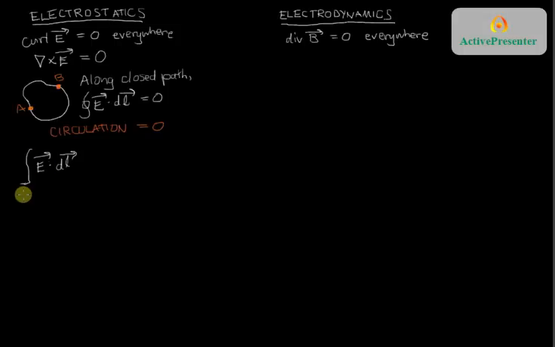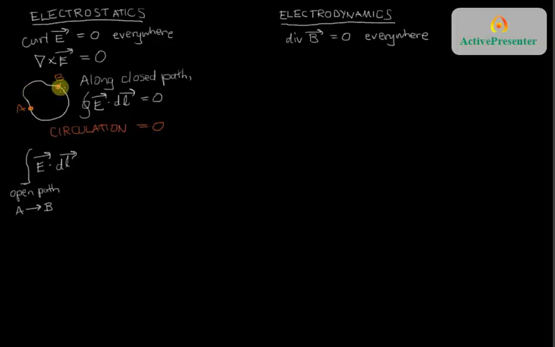We integrate a path integral of E dot dl along an open path from A to B. And since the integral along any path from A to B and then back from B to A, for any pair of paths, has got to equal zero,